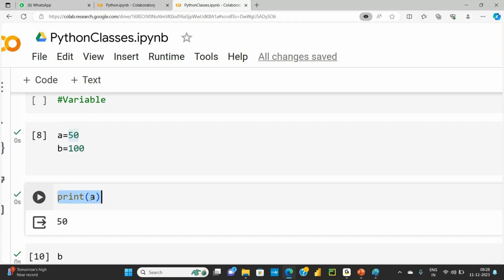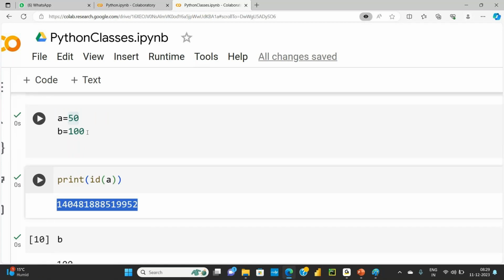Where you want to get your things delivered. Same way, this 50 is stored at this location. This is the memory address where 50 has been stored. Now, if I use b is equal to 50, as in the earlier example, and I use the same ID function and print,